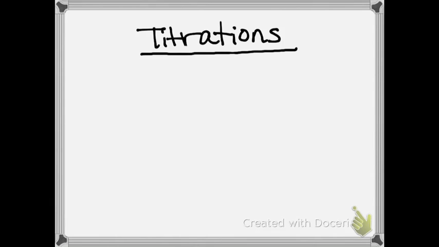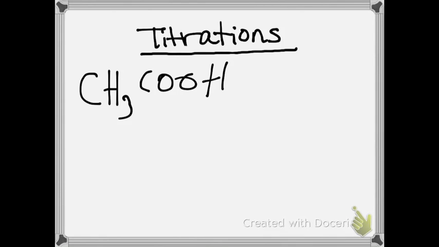The final kind of titration is a weak acid and a weak base. Because neither of them are strong, neither will dissociate 100%, so you can't get rid of any spectator ions. An example of this is acetic acid plus a fluoride ion, and that will yield hydrofluoric acid